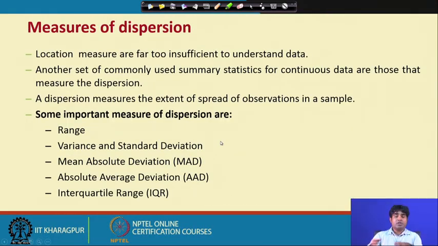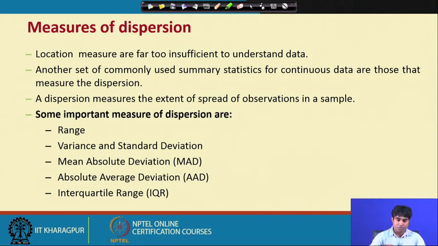Another item in descriptive econometrics is the measures of dispersion. It gives you an indication of whether the data is well spread or has some kind of skewed distribution, right skewed or left skewed.